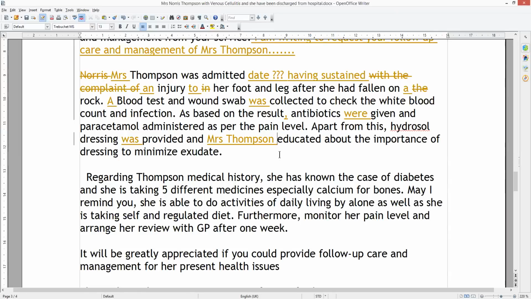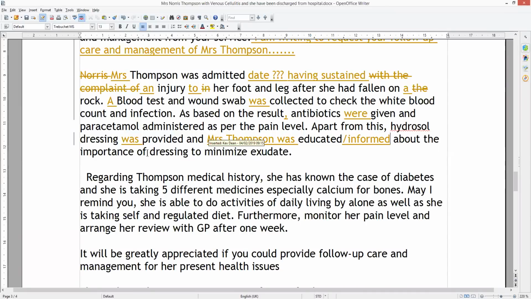Education. Educated. Was informed might be a better verb there, because can you educate somebody, or do you just say, oh, by the way, don't forget to keep your dressing clean? Is that really education? Okay, well, anyway, Mrs. Thompson was educated, or told, informed